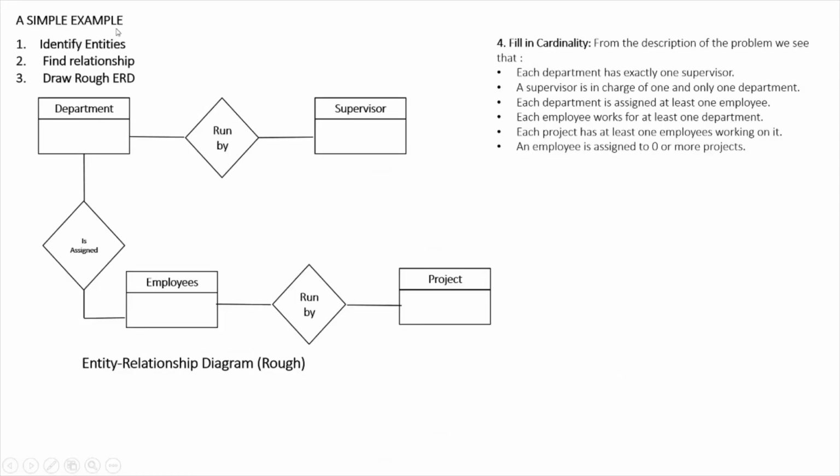A simple example. A company has several departments. Each department has a supervisor and at least one employee. An employee must be assigned to at least one, but possibly more departments. At least one employee is assigned. As you can see in this figure, identify entity, find relationship, draw rough ERD: department run by supervisor, is assigned with employee, run by